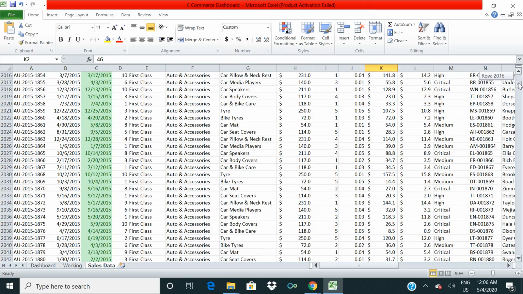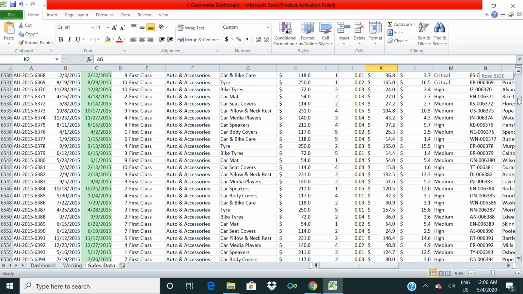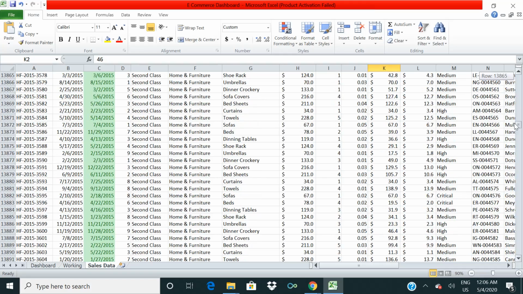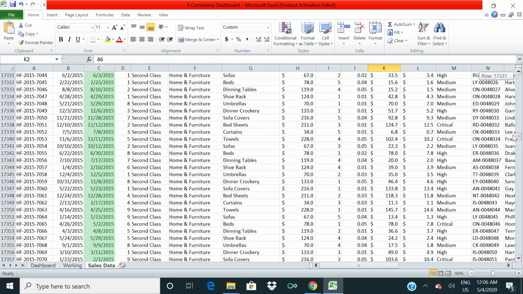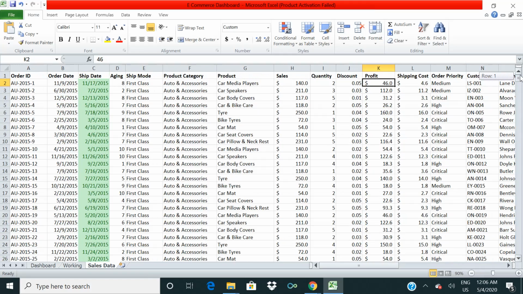So we are dividing these profit values into three sections. I want to see which profits are greater than $100, which profits are less than $50, and which rows have profit between $50 and $100.